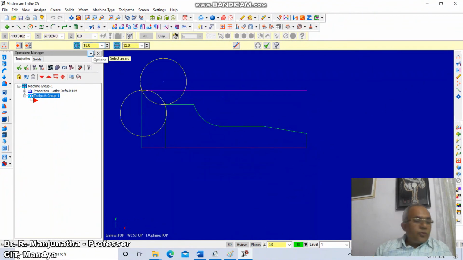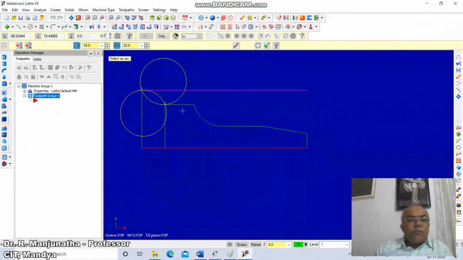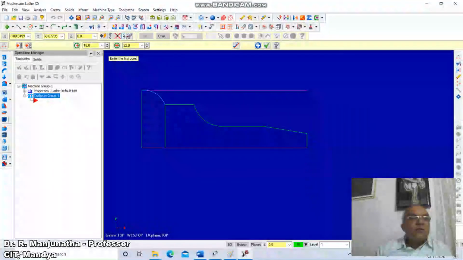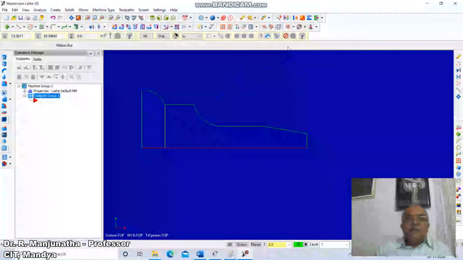Which portion of the arc do you want to retain? The retained portion is this top portion. Delete all other things, then come down to this and delete this line, and then again delete this line.